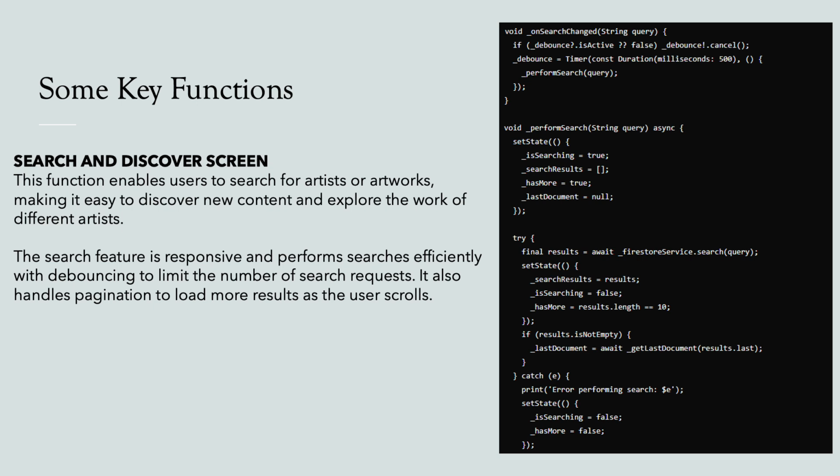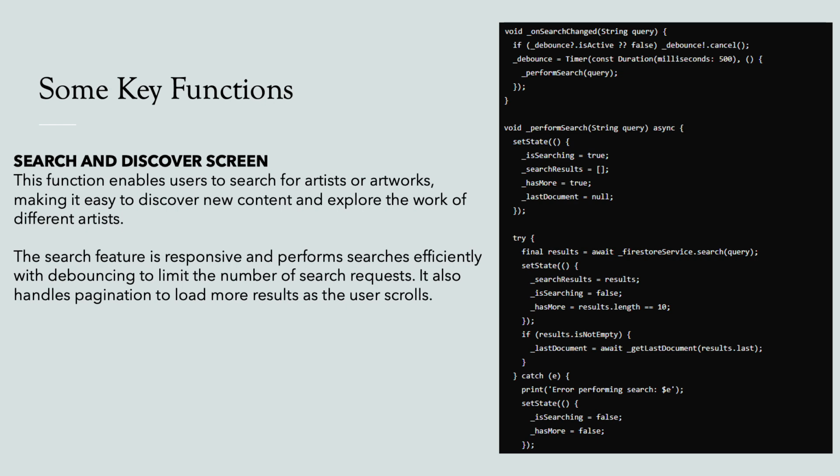If you look a little bit above that, right underneath the try, you can see final results, and it's awaiting the file store, which means that it's pulling back everything from the database in order to see if any names match from previously before. We also have debouncing at the very top in order to limit the number of search requests, so that way it makes it easier to load as the user scrolls. That way it's only going to be not that many names. We could do every name all at once, but then it takes forever to go back to the database